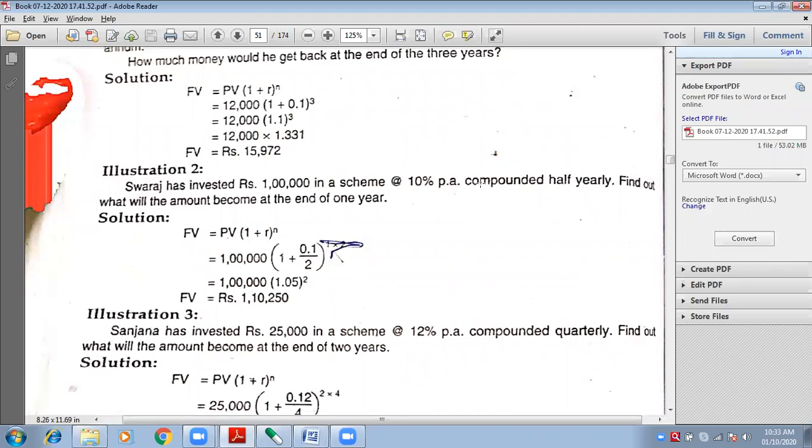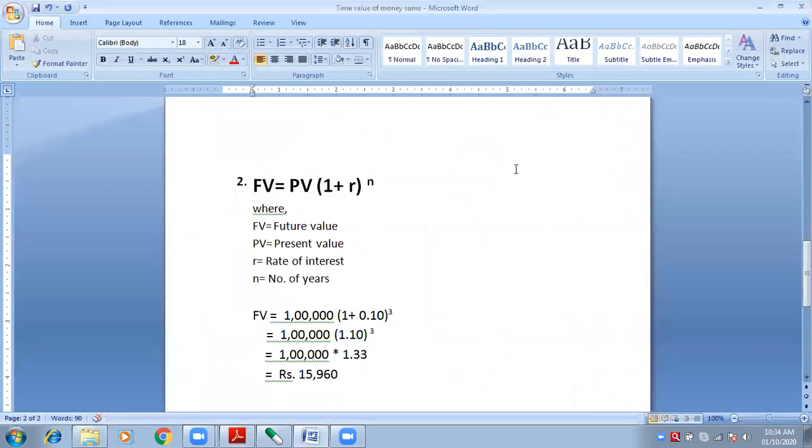But after that, three words are written which are very, very important. Students misunderstand and ignore these three words, but no. If you ignore them, the answer will be completely wrong. So what are these three words? 10% per annum interest compounded half yearly. Compounded means to be increased. So half yearly means this 10% is half yearly,